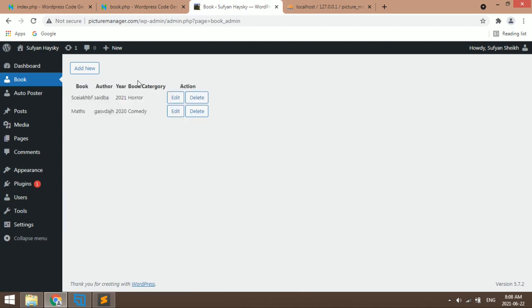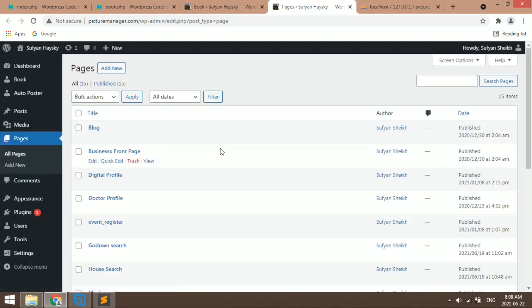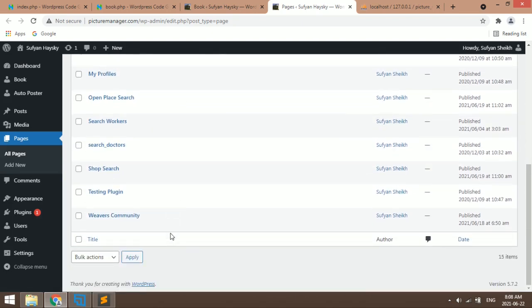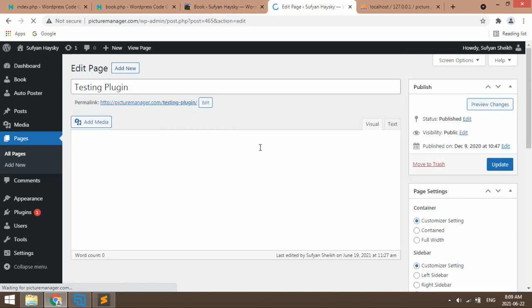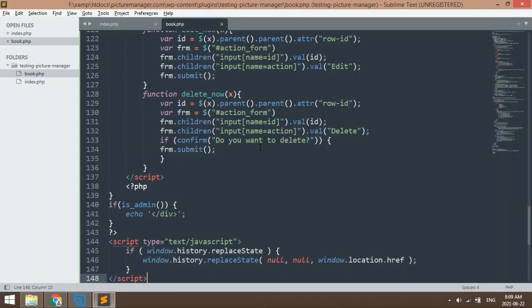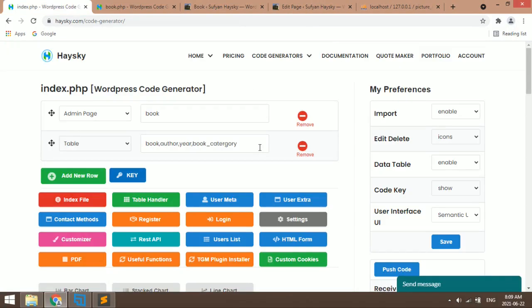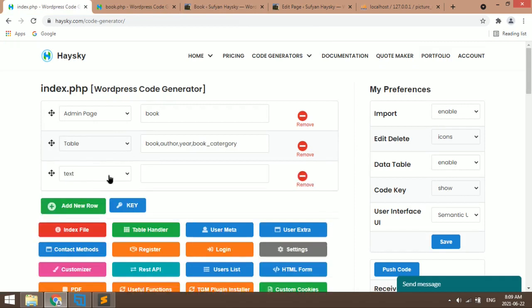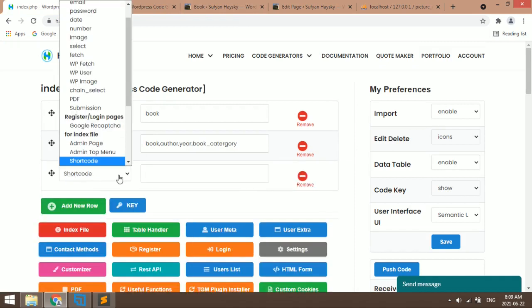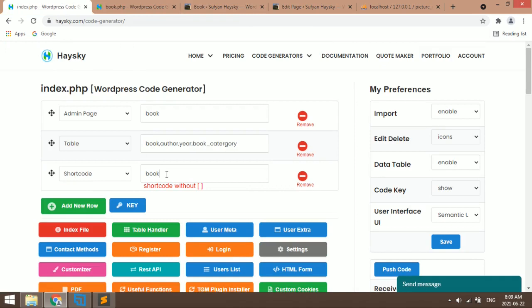If you are using this in the front end, then also you can see that theme CSS is applied, no additional CSS is added. So here I have a page testing plugin. In this page I will add a shortcode. For that we need to generate a shortcode. Okay, so keep this as shortcode and then I'll keep this as book and then index file.